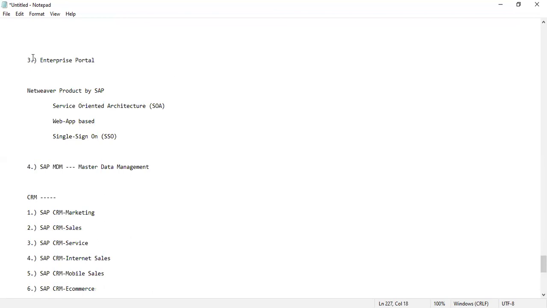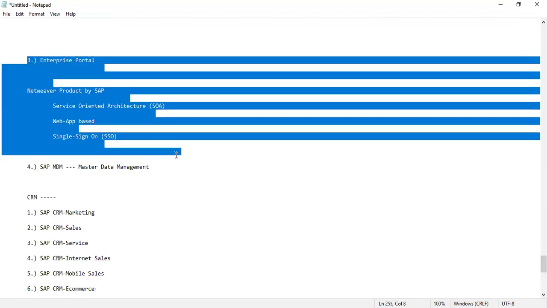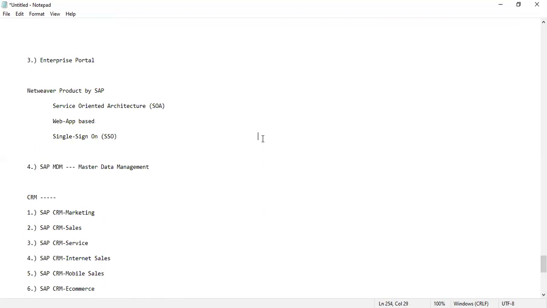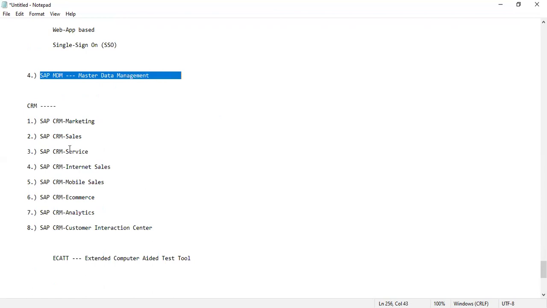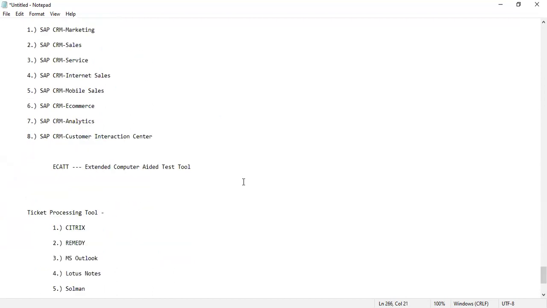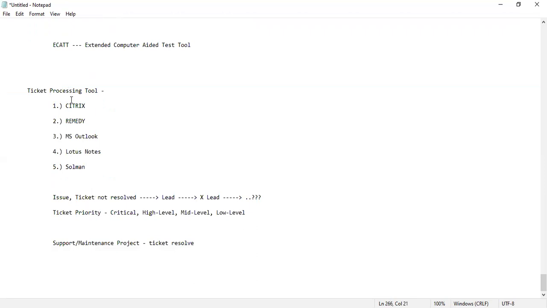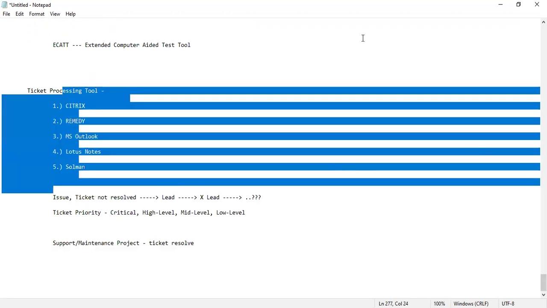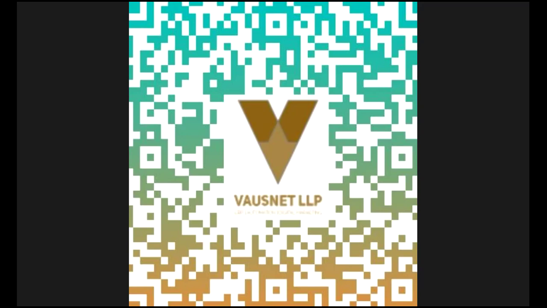Enterprise portal is another technology which uses web-based architecture for cloud-based operations of SAP. MDM is master data management for every module. CRM has another ecosystem which has sales, service, analytics, customer interaction, and so on. So basically, this is how SAP is laid out, and that was our first lecture. I've gone through it in a summarizing manner. I'll supply the notes